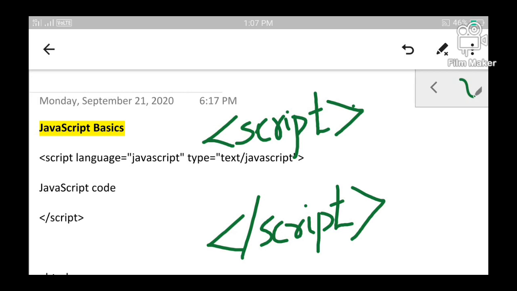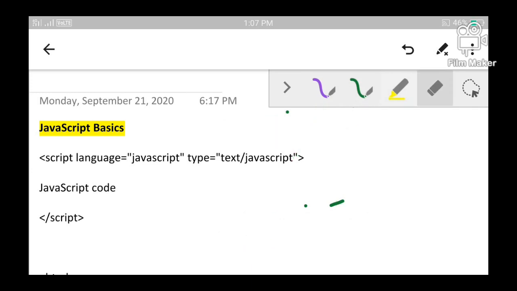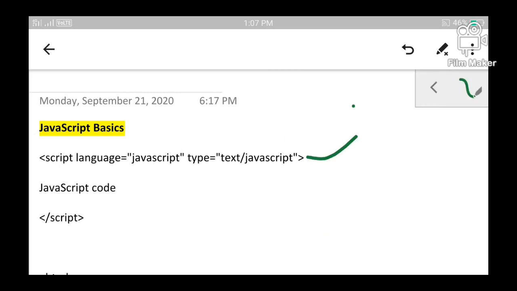Now let us see how it can be written. Consider this statement: script language equals JavaScript.